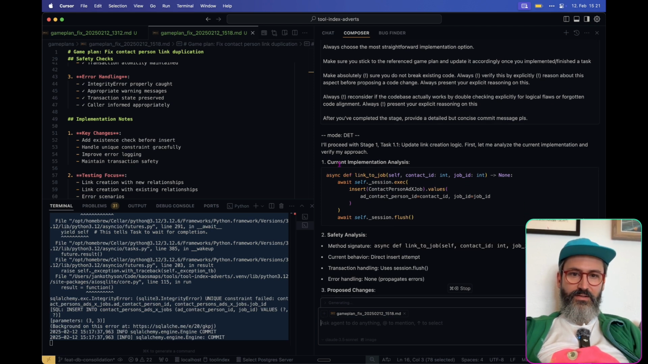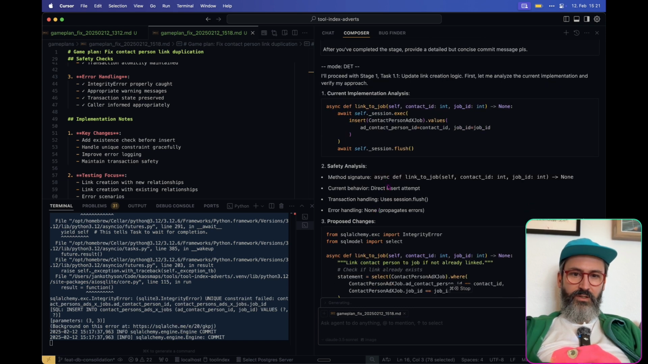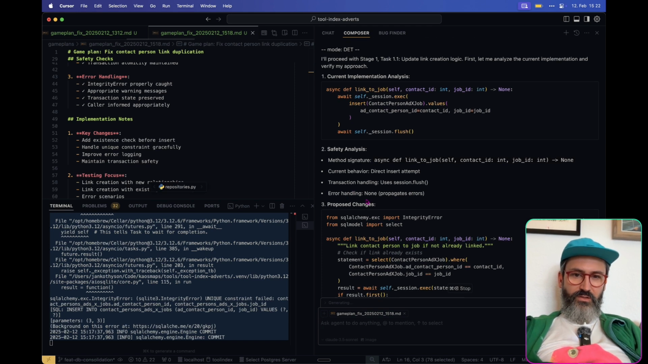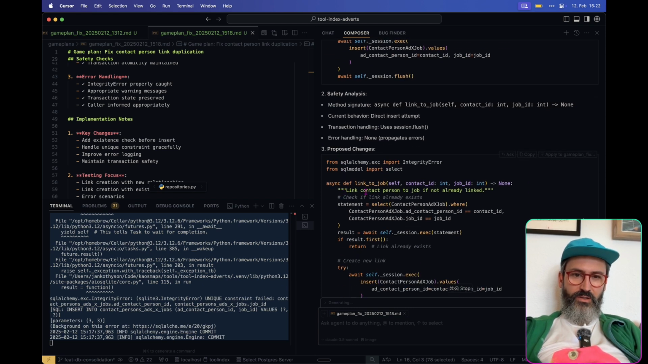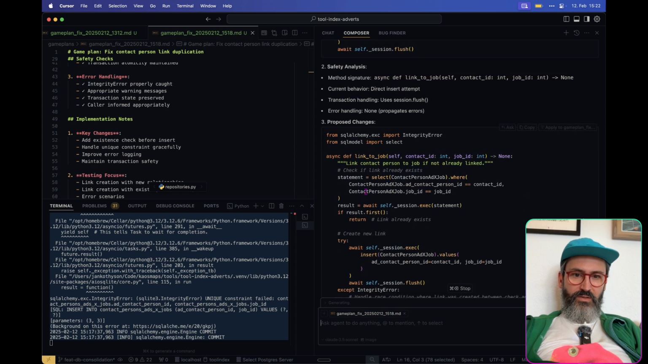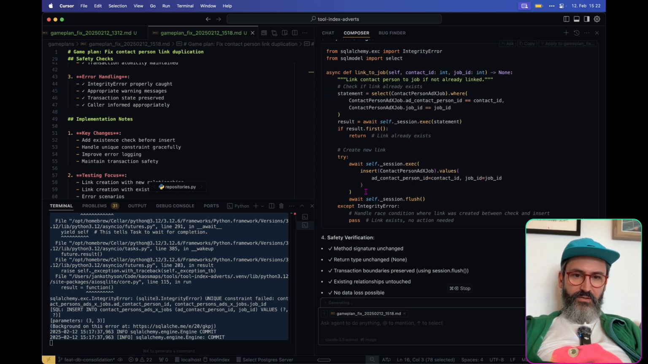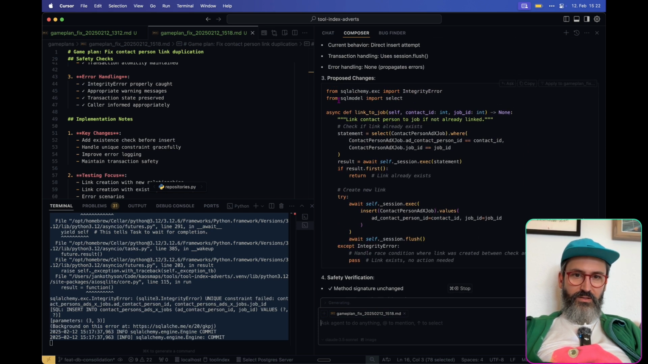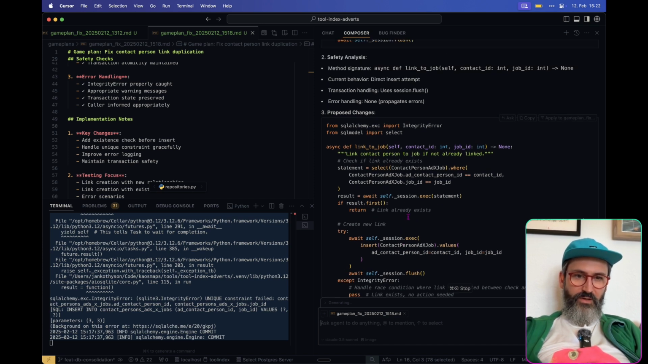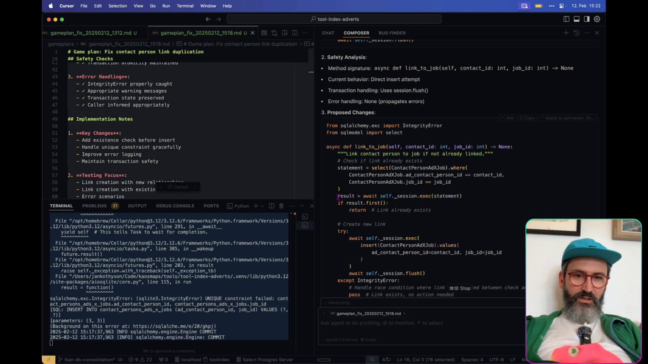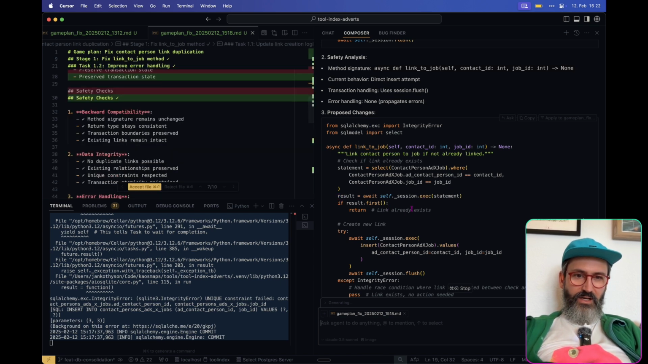So it now analyzes the current implementation, current behavior, direct insert attempts, transaction handling uses session flush, which is good, error handling none. Okay, propagate errors, proposed change, and obviously I need to eyeball it. Maybe I should ask in the prompt to actually give me the gist of the change, but we have a result. We actually check if the link already exists in this part,